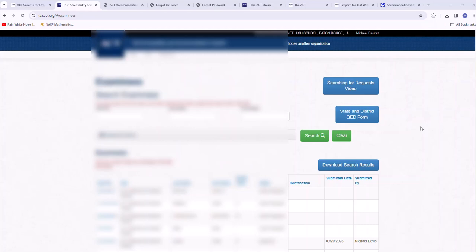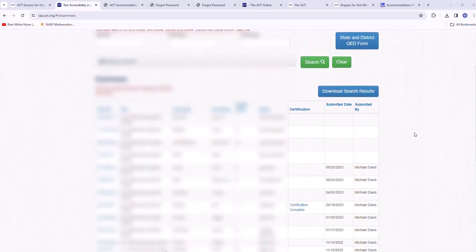All right. But yeah, Brian, it's the school test coordinator's job or responsibility to make sure that any student that requires accommodation, it's uploaded into TAA, and always go back and make sure you check and see whether it was approved or partially approved.